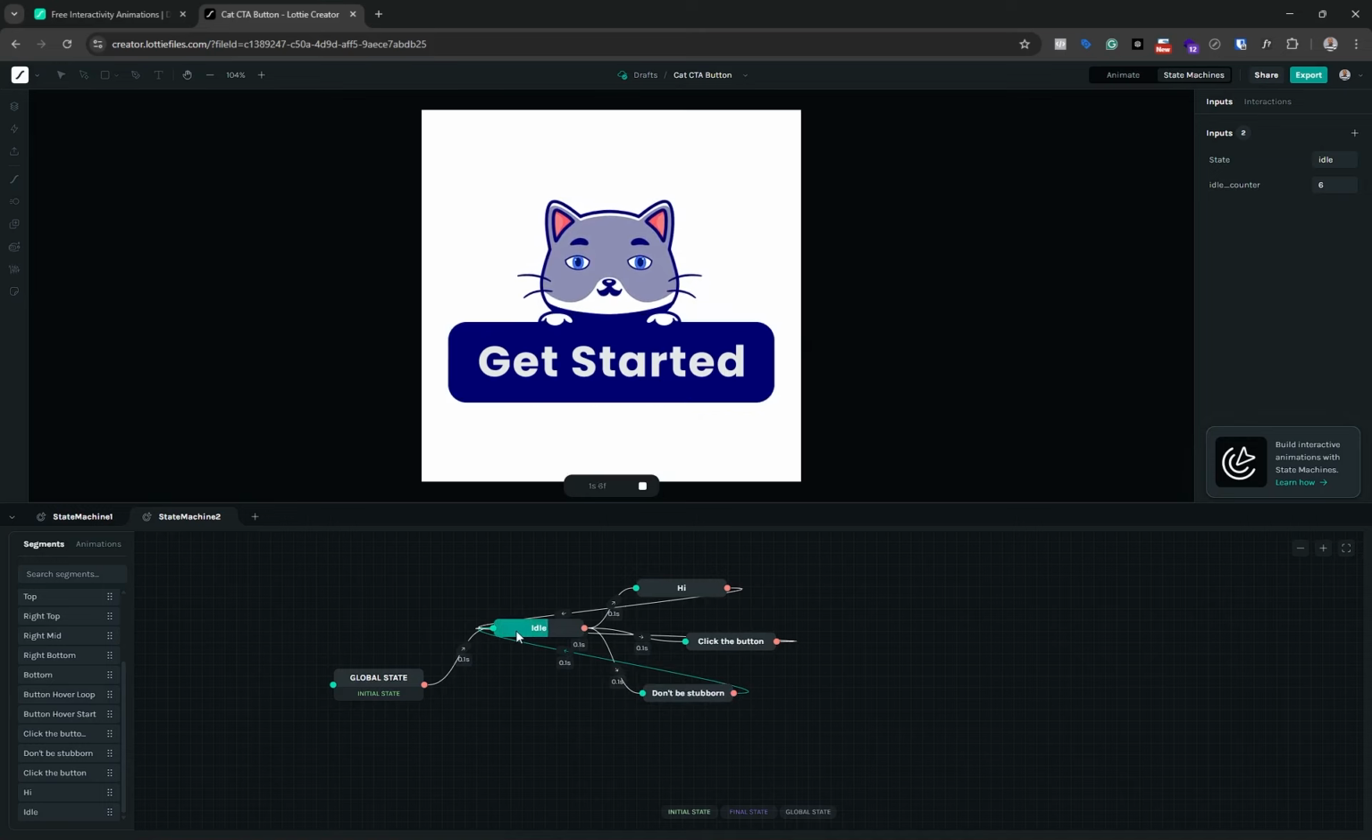Although it moves back to idle, it will not move into this other state because the counter is not going back to 0 to move back to 1. The transition here uses idle counter equals 1. The transition here uses idle counter equals 3. So how do we make sure that after this particular third one finishes playing, it moves back to the idle